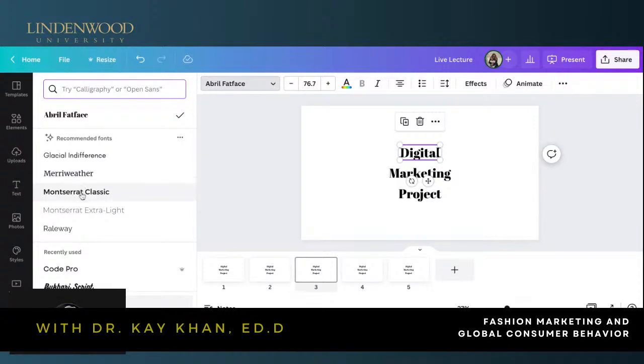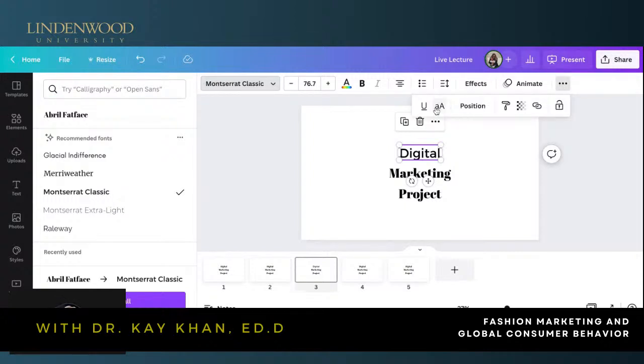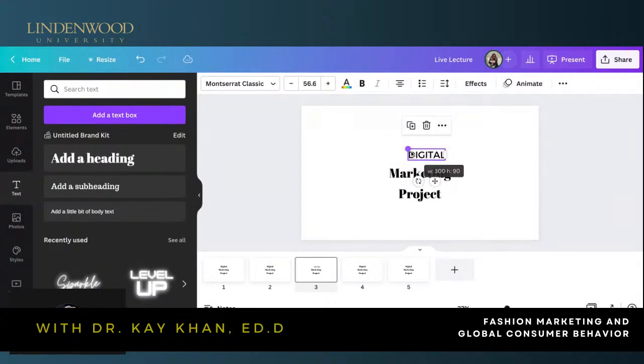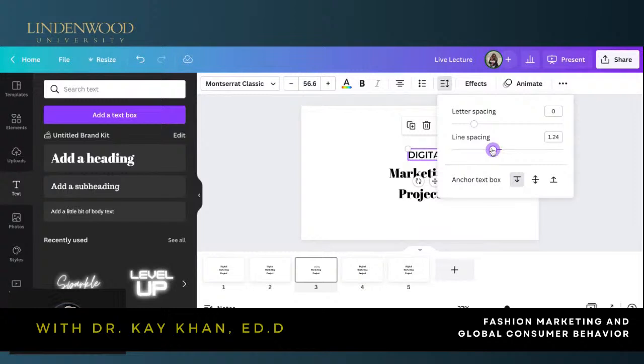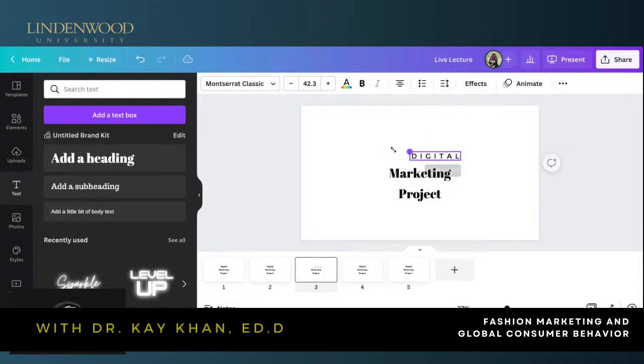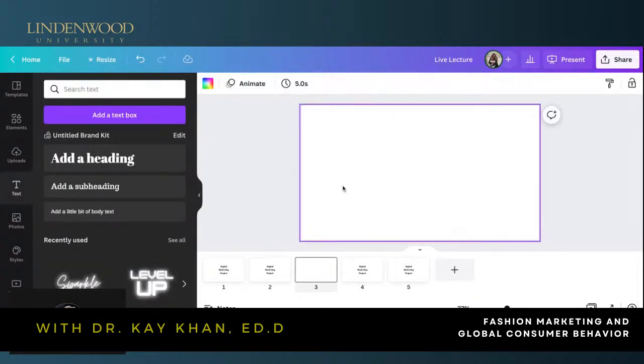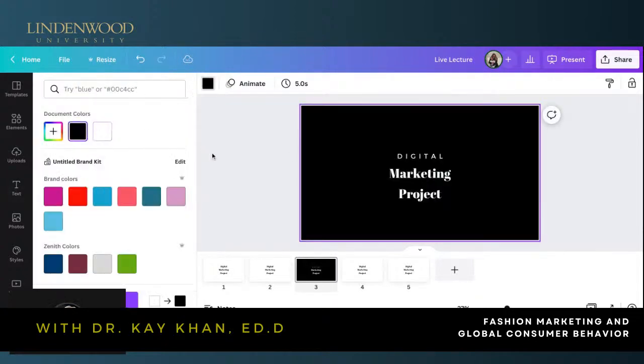tab, and then let's go with this one, digital, and I'm going to uppercase everything for digital because I think that gives me that clean look. It kind of looks like the Marc Jacobs logo font a little bit, not quite. Then what I'm going to do is increase the spacing because if this is my brand, I want it to have that clean aesthetic. I'm also going to change all of these to white, because I want that clean aesthetic. Actually, I wear black every single day. So I'm just going to go with the colors that I love.